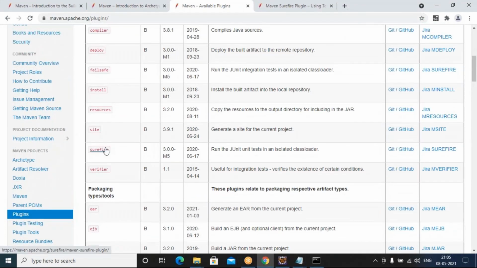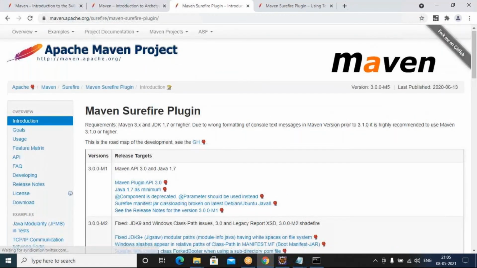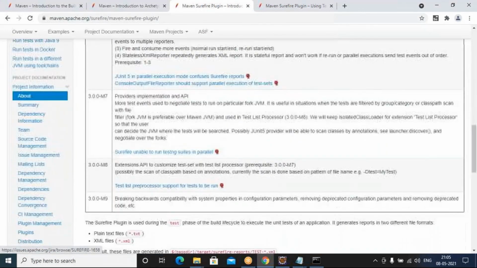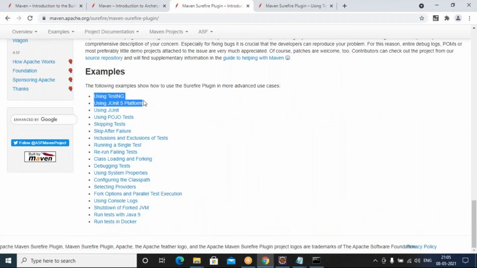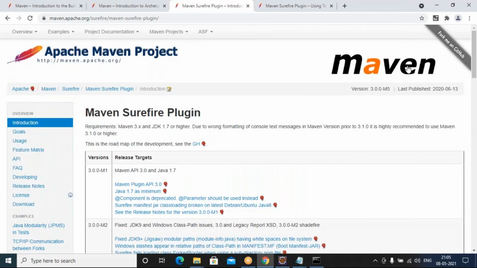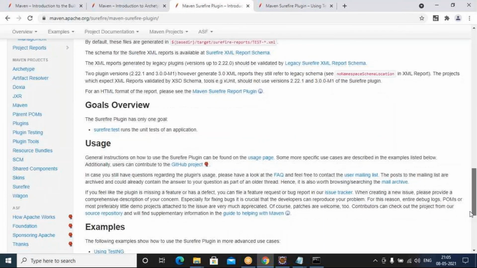So inside core plugins we have this Surefire plugin. I'm going to talk about this Surefire plugin. This Surefire plugin can do this many tasks. It can run TestNG tests, JUnit tests, POJO tests, plain old Java object tests also. It can skip the test while execution, rerun the failed tests. All these configurations, if you do based on your configuration, it will be executing. It will be performing the action. So we will see for TestNG how can we configure